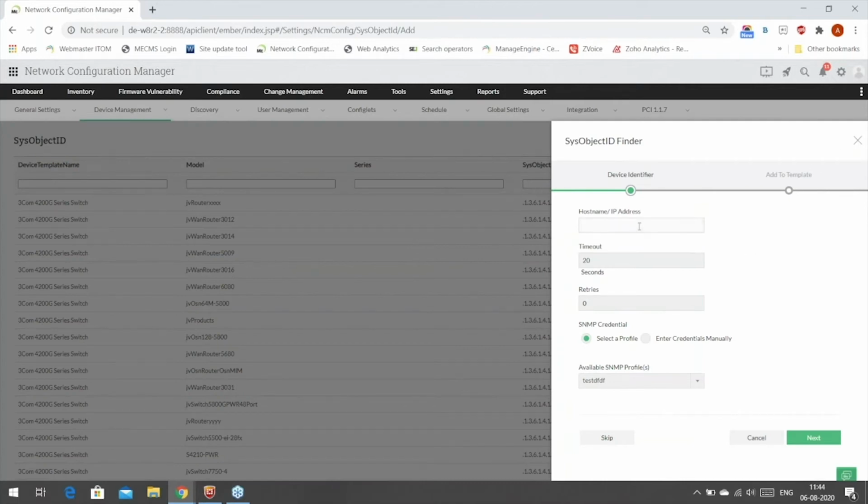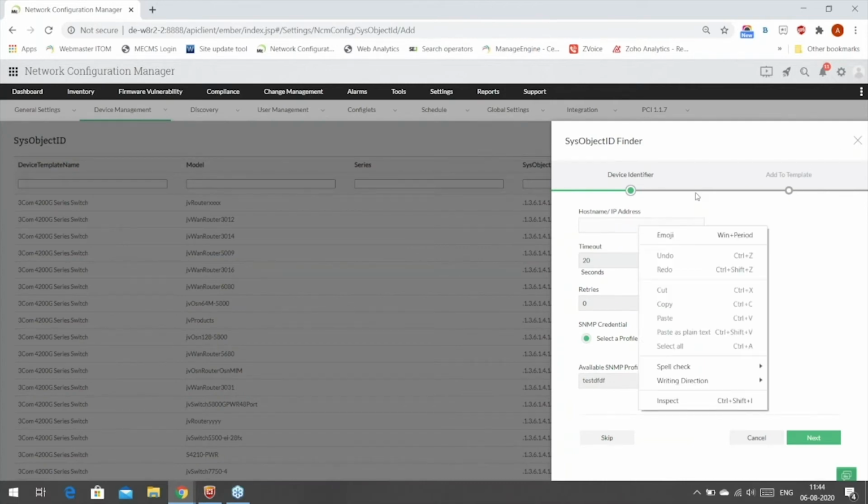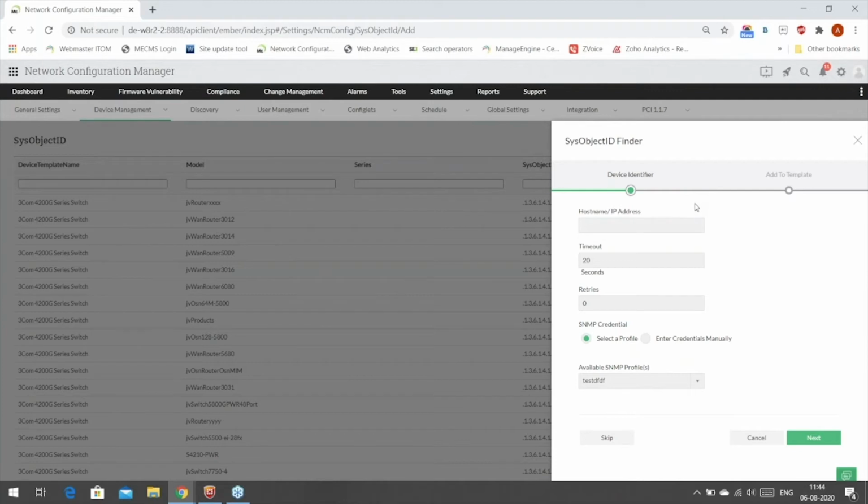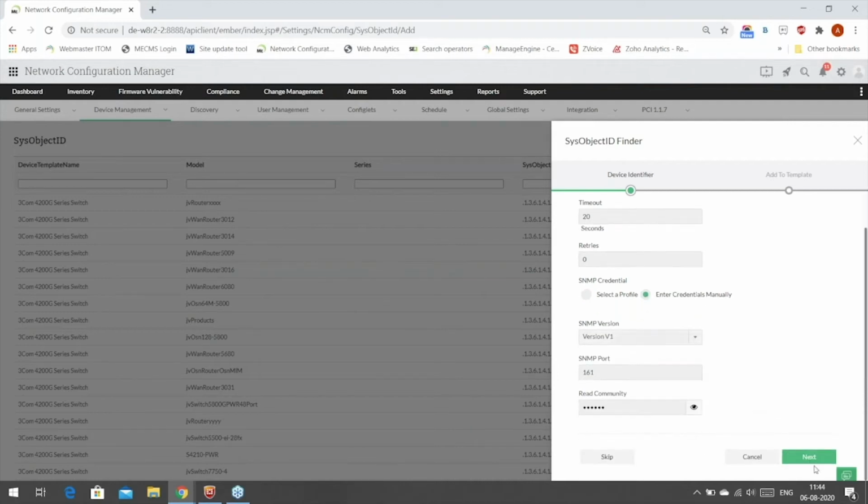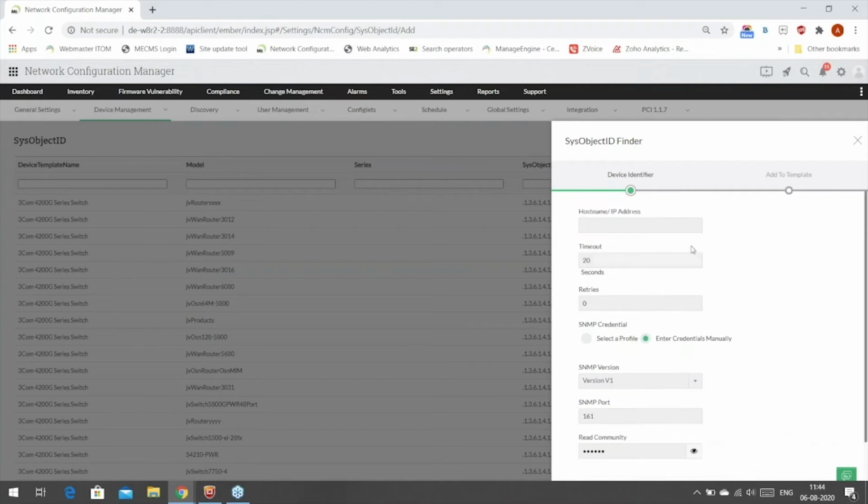So here you can enter the host name or the IP address in case you do not know what the sysobject ID of that particular device is. All you have to give is the host name or the IP address of the device. You can select an SNMP profile here, or you can choose to enter the credentials of the device manually. And once you click on next, you'll be taken to a window. So let me just show you how that works here.